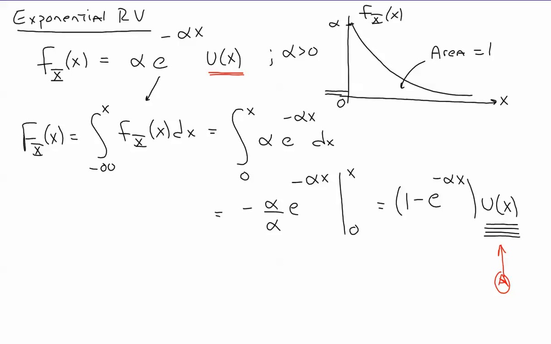Be careful. Every now and then you're going to have to be on the watch for adding back in step functions. The step function in the PDF affected the lower limit on my integral here, but my cumulative distribution function is always and everywhere 0 for x less than 0, so I had to add it back at the end of the calculation. It doesn't come out of the integral itself, so please be aware of that. So then if we plot this,